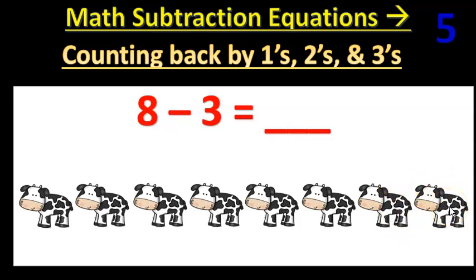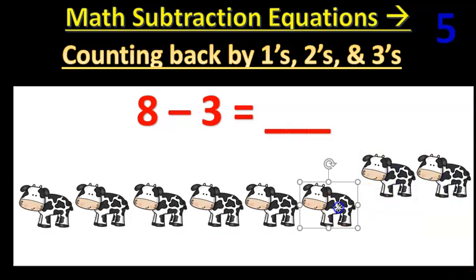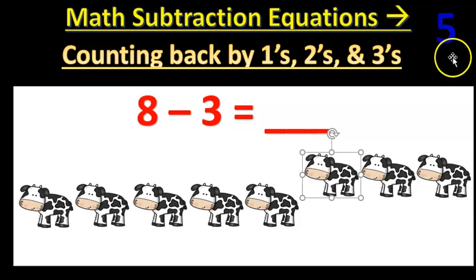Now, here's how we're going to do it. Since this says minus 3, we're going to take out 3 cows, but we're going to count back these 3 cows, okay? Now, let's do it like this, okay? Now, I'm going to move this 1, 2, and 3. Let me move these 3 cows up, okay? These 3 cows are going to be taken out. Here is our answer. But boys and girls, we're going to count back and see how many there are left,